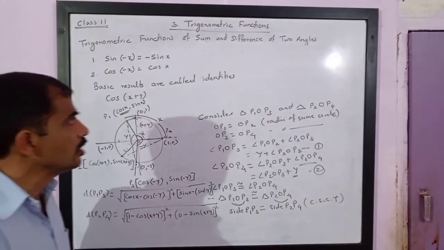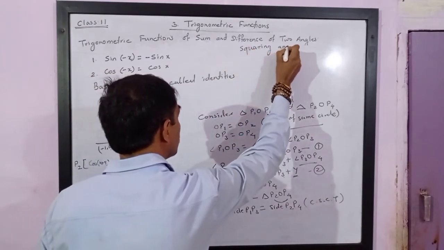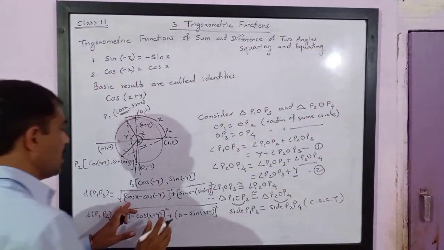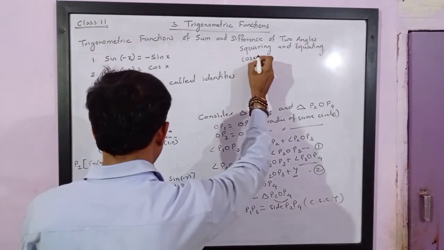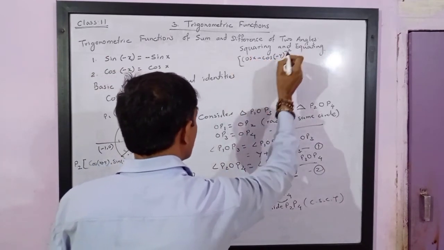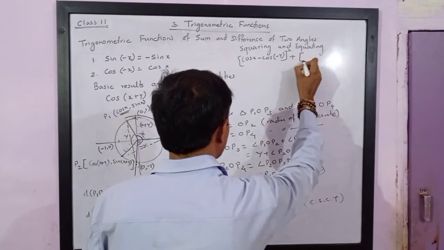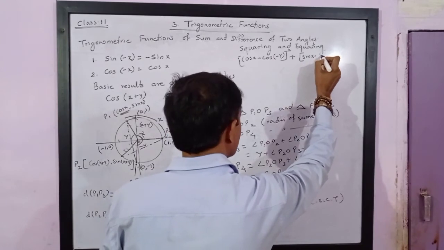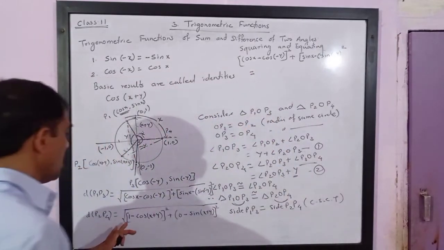Squaring and equating, I have cleaned the board. So both I am writing in a single step. I will get cos x minus cos of minus y bracket square. Now please note, cos of minus y is equal to cos of y only, plus this I will get sin x minus sin of minus y bracket square is equal to, I will get 1 minus